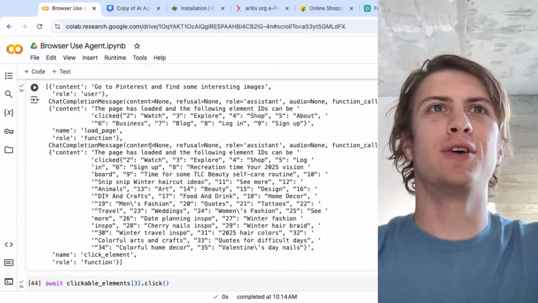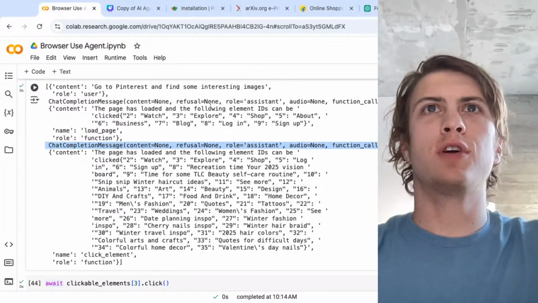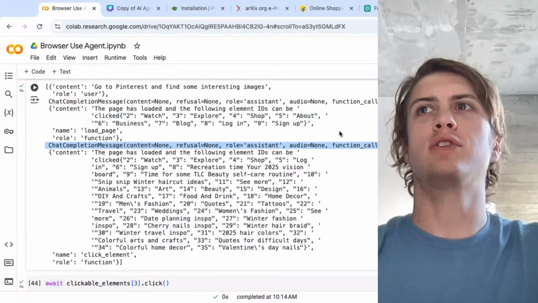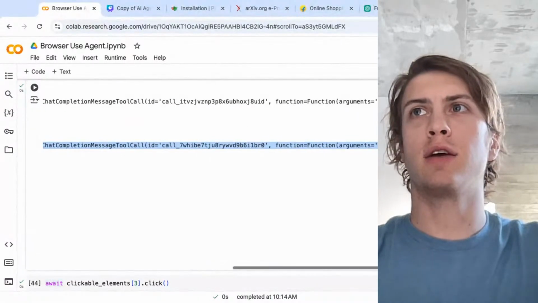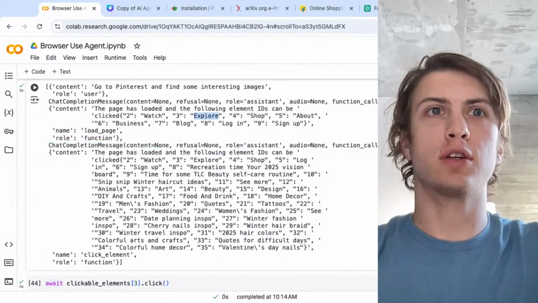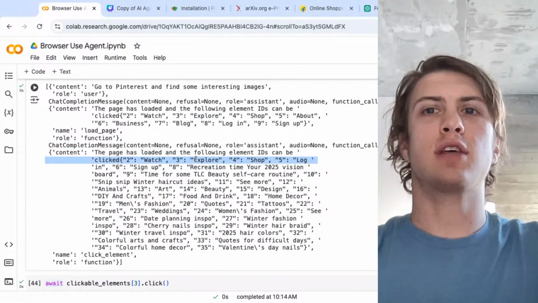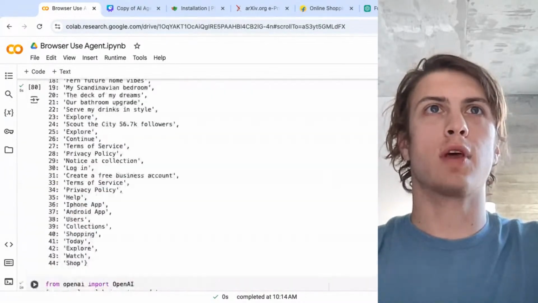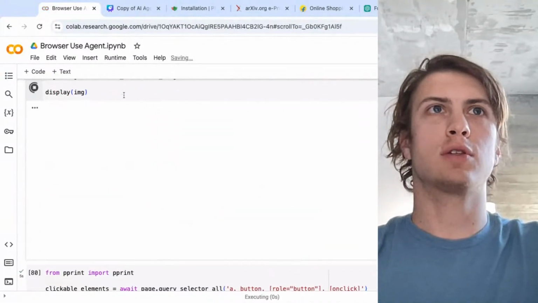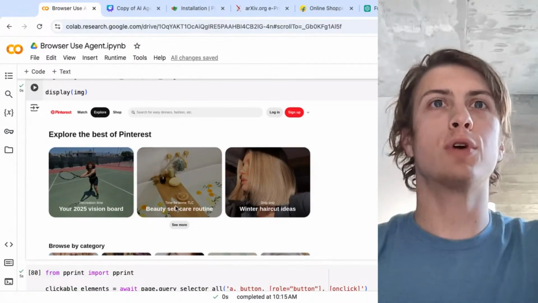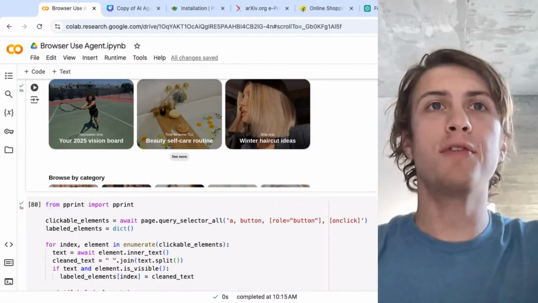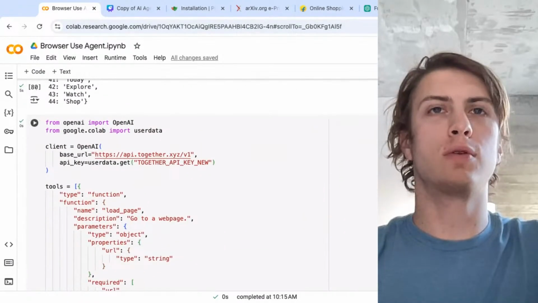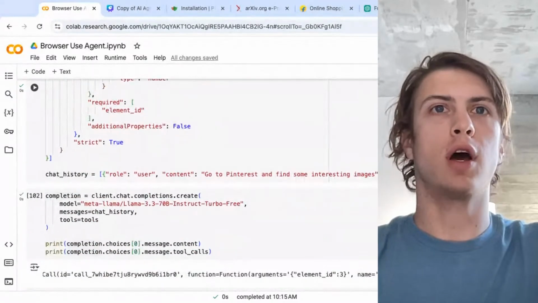Okay, cool. So it first loaded the URL. It saw what was on that page. It decided to click something, right? It decided to click Explore, and now we can see what's on this page. Let's just show the screenshot now. Now we're on the Explore page. So we did all of that. This agent did all of that, and it can go many more times in the loop,